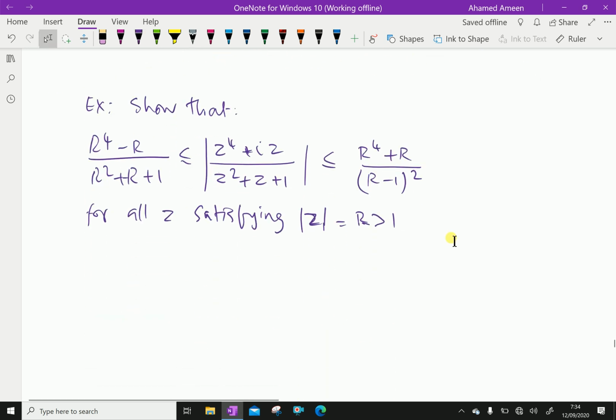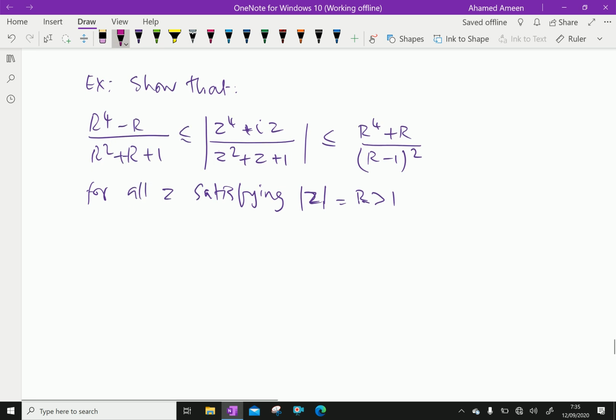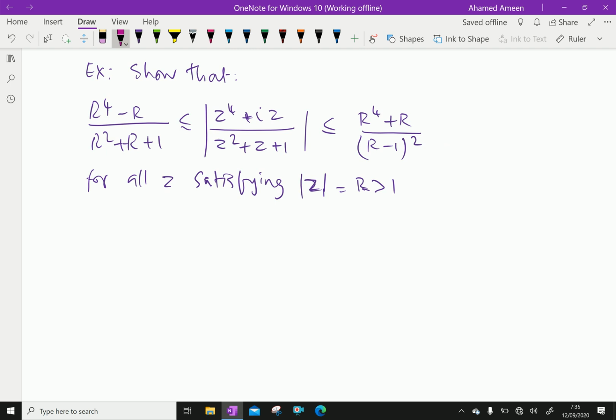Next question. Show that (r power 4 minus r) over (r squared plus r plus 1) is lesser or equal to the modulus of (z power 4 plus iz) over (z square plus z plus 1), which is lesser or equal to (r power 4 plus r) over (r minus 1) the square, for all z. We'll start the problem. When modulus z equal r, which must be greater than 1, then